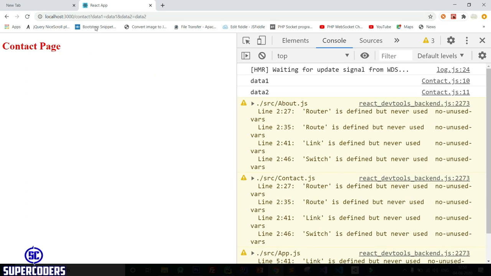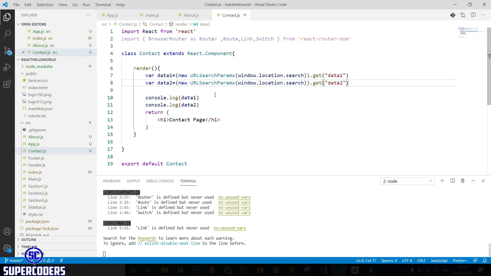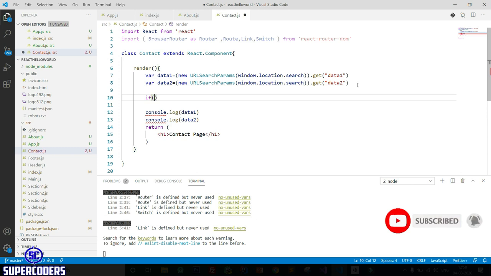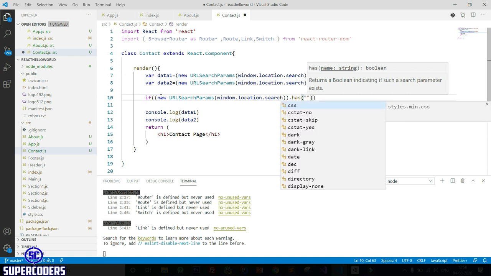Now let's see how you can check if your value exists in URL params or not. So again come to here, then here if, copy the same code and paste here, only access has. So it will return true or false if the key exists in URL.